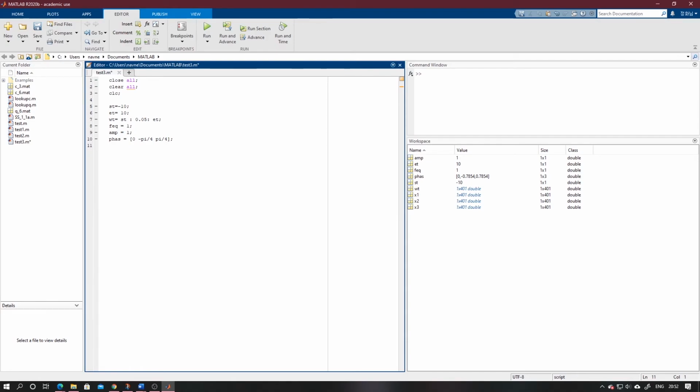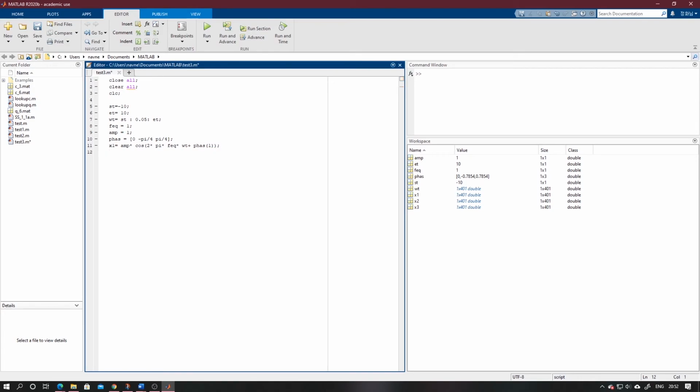For phase 0, I define x1 equal to amplitude into cos of 2 into pi into frequency into wave time plus phase, then this.